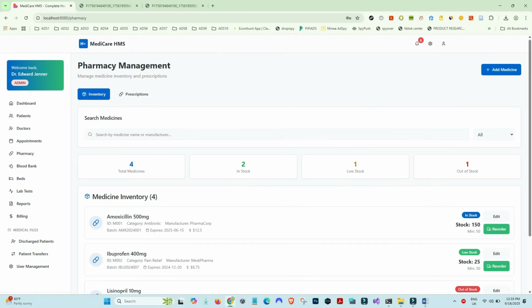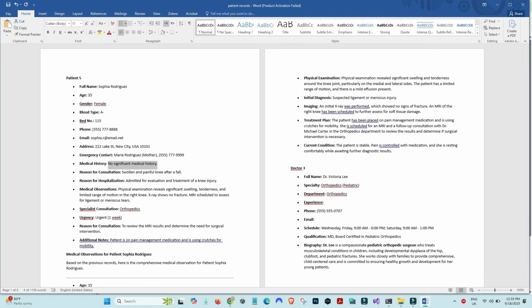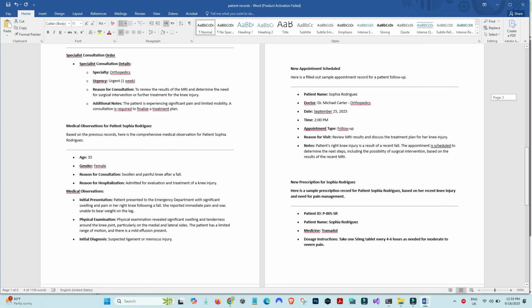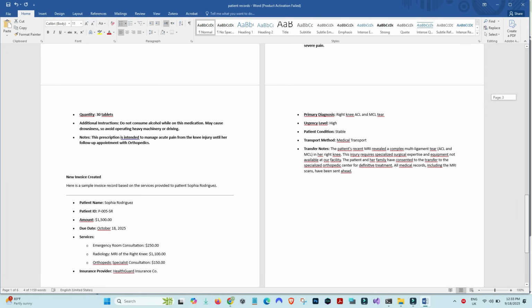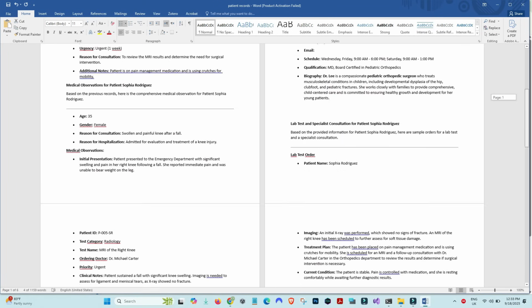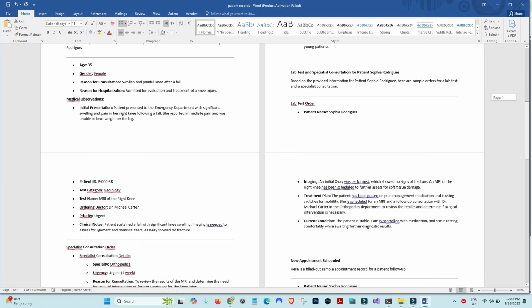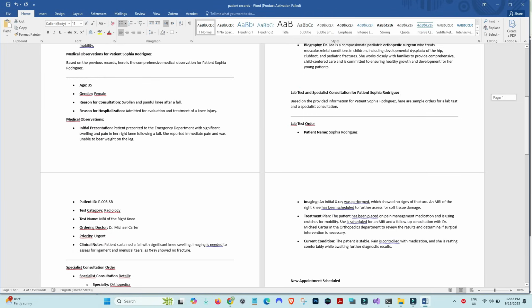Let's proceed to the Pharmacy module. Here you can manage medicine inventory and view prescriptions. Let's write a new prescription. Go to the Doctors section and click Write Prescription. We'll enter the patient ID